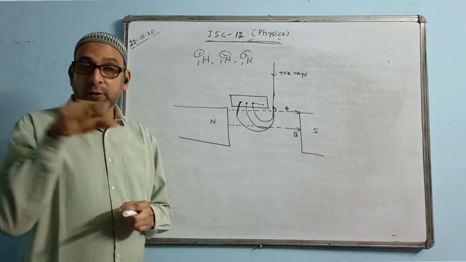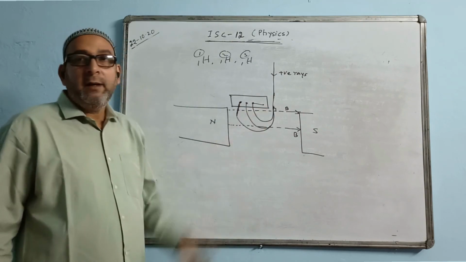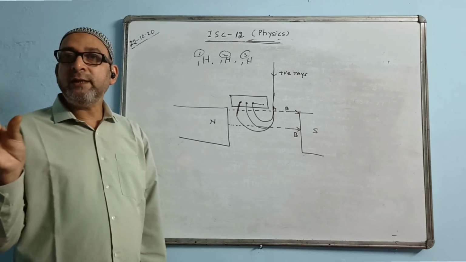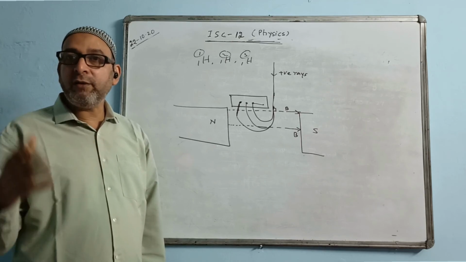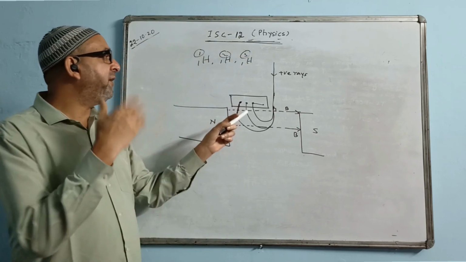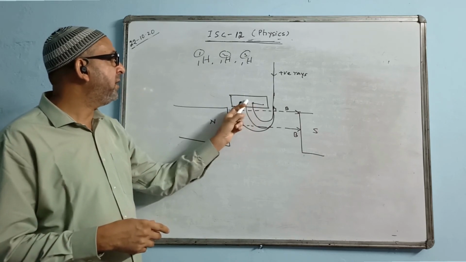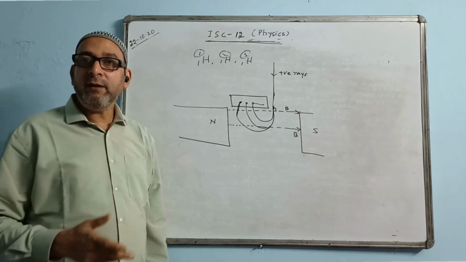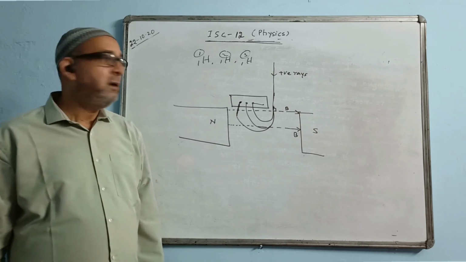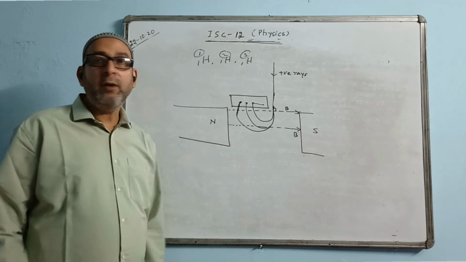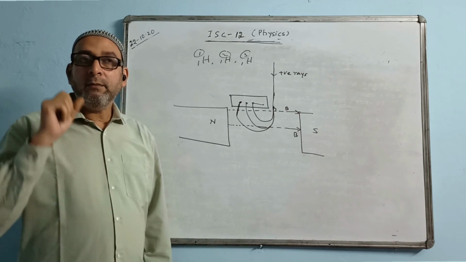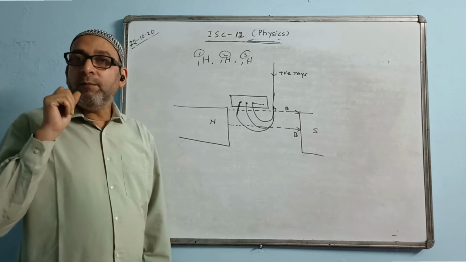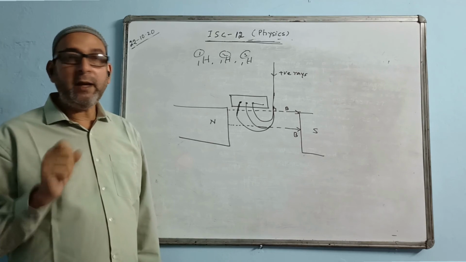We know the fact that R is proportional to mv, mass and velocity. Because all are at the same velocity, R depends upon the mass. If the masses are different, they will have different radii. If you measure this radius and they are all different, that means their nuclei have different masses, that means different mass numbers. So that is the idea, and this will help us to determine the mass of the nucleus of an atom, or the number of isotopes an element may have.